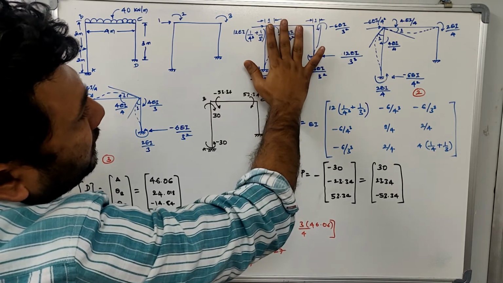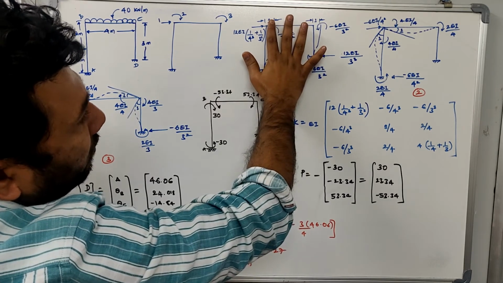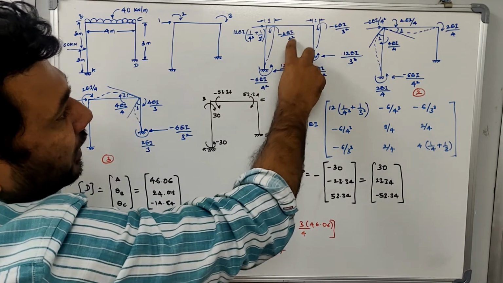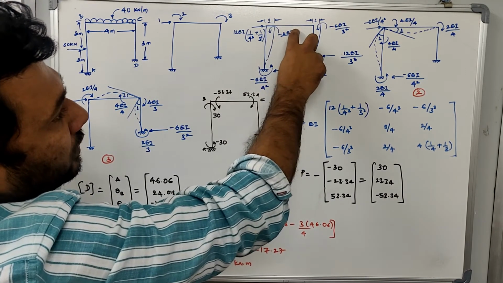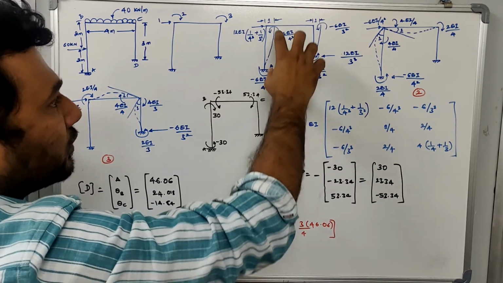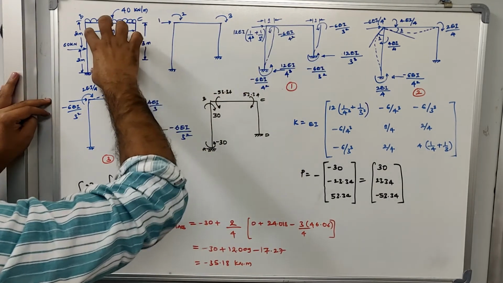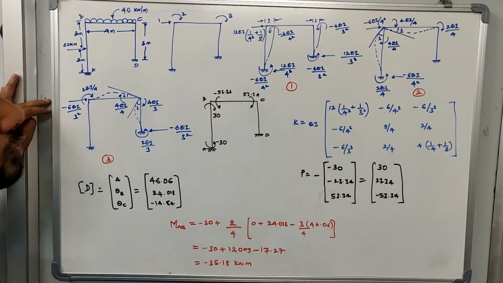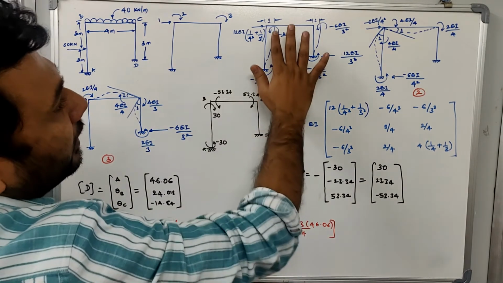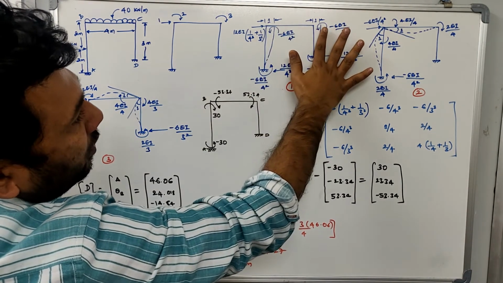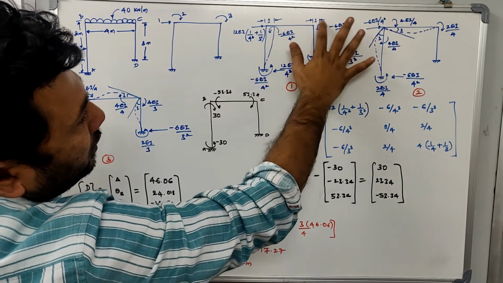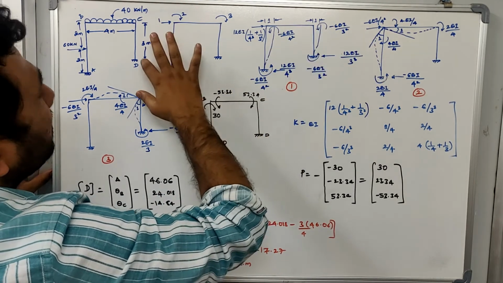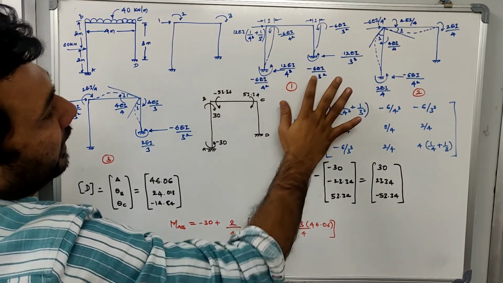If we make this displace by one unit value, the moments generated are minus 6 EI delta divided by 4 square. As we know, delta is equal to 1, so this will become minus 6 EI divided by 4 square, as the length of this column is 4 meters. Similarly, on the far end the moment created is also minus 6 EI divided by 4 square, which we already know. Now this column is also going to sway. So here also minus 6 EI divided by 3 square, because the length of member CD is 3, and similarly on the other side it will be minus 6 EI divided by 3 square.